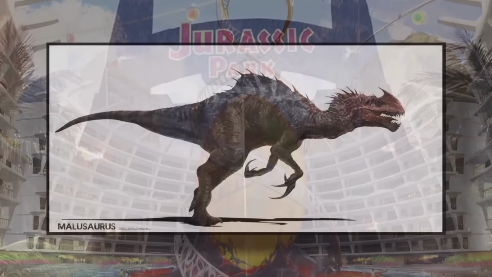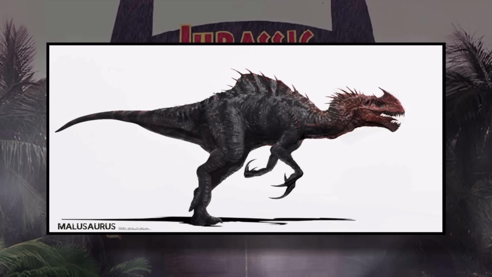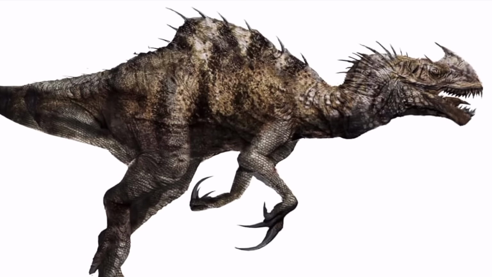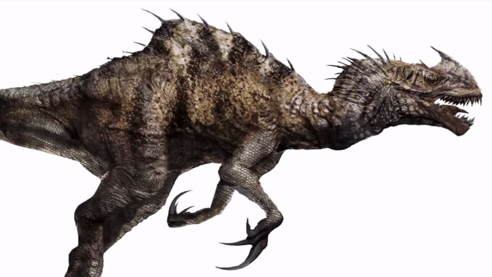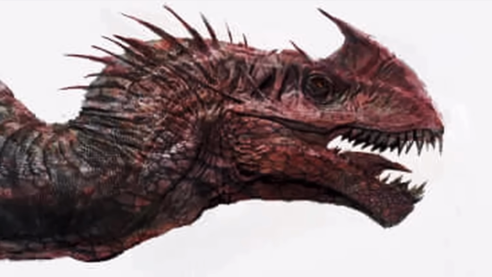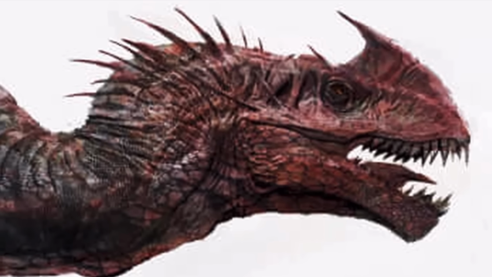Now, this dinosaur was going to be the monstrous Malyosaurus, which is a fictional creation that bears no real representation in the fossil record whatsoever. The dinosaur would have been designed to be something of a cross between a Spinosaurus and a T-Rex with a weird nasal crest. It looked more kaiju than dinosaur, but hey, it also looked really cool, so you gotta give the creature design a lot of props for making something look so interesting.